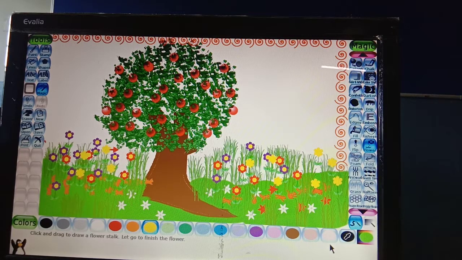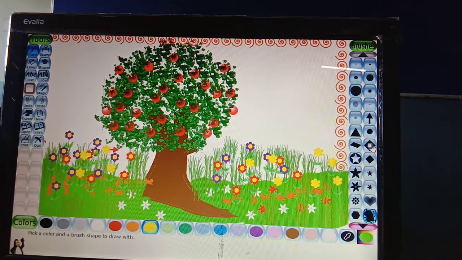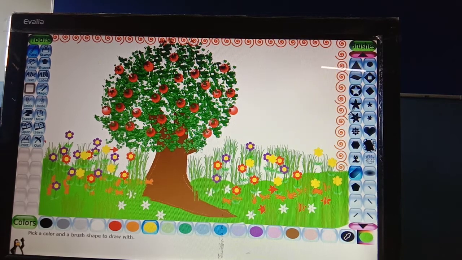Okay, and there is one more tool. You can also create a boundary with it. How to create a boundary with the help of this? With the help of your paint tool, there is an option, this tool, that will let you draw a boundary.